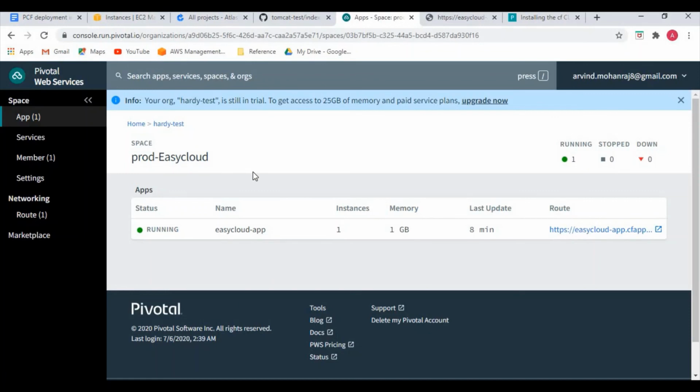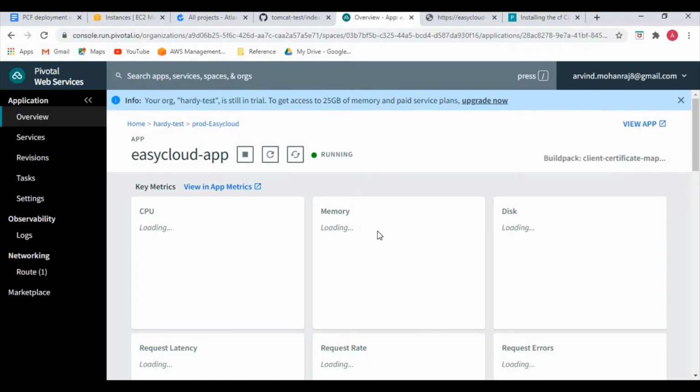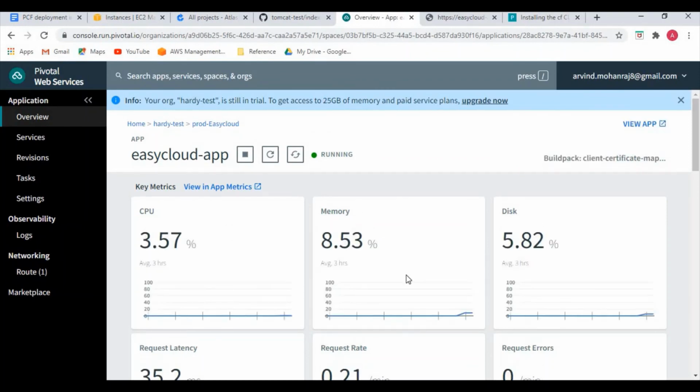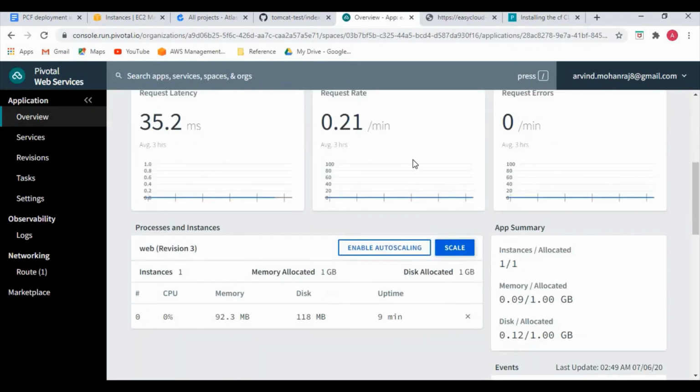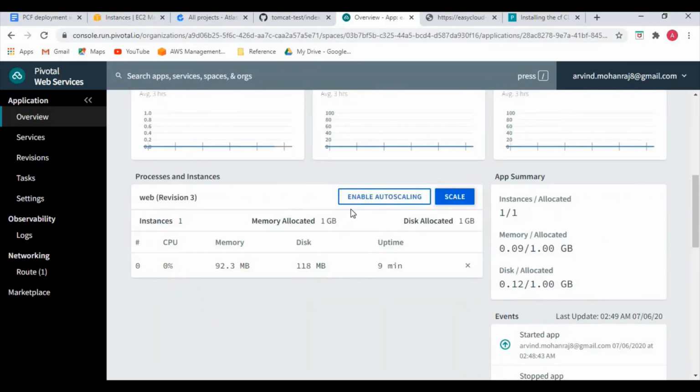Okay, so you can also check many other information or settings that you want to change according to the app here. If you click on the app, you can see the CPU utilization, memory utilization, disk utilization, and the requests and all the information. You can also enable auto scaling here.